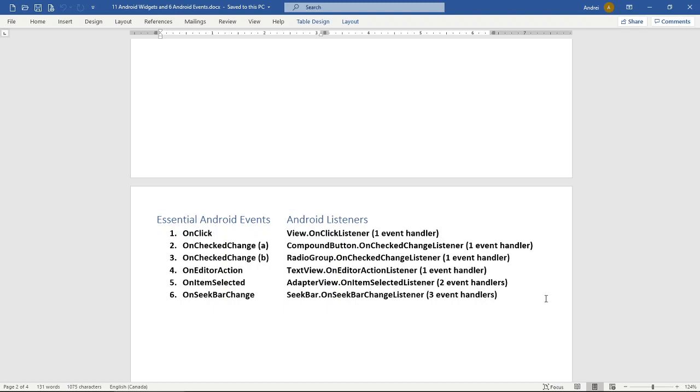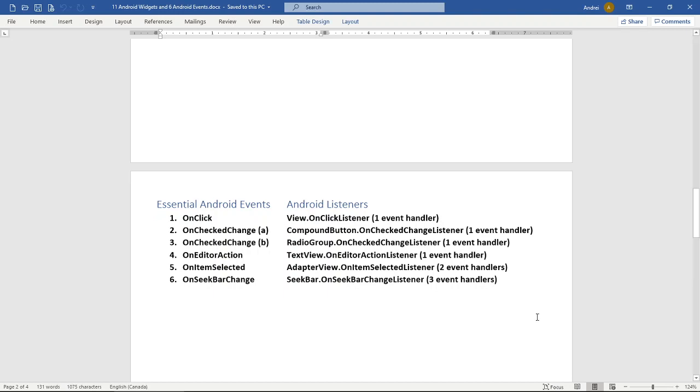In this particular table, you see on the left generic event names, but on the right you see their exact names, the names you're supposed to know by heart, and you're supposed to type them in order to create